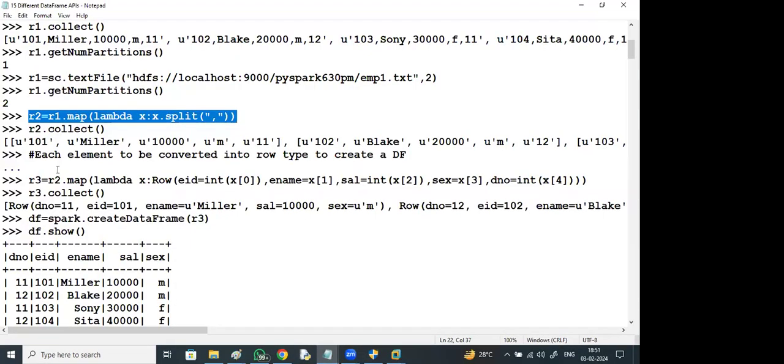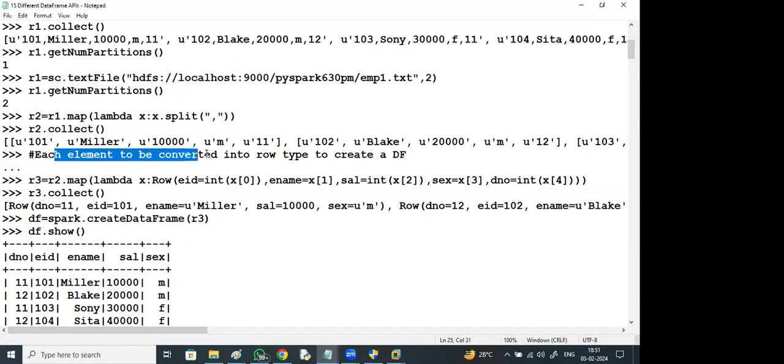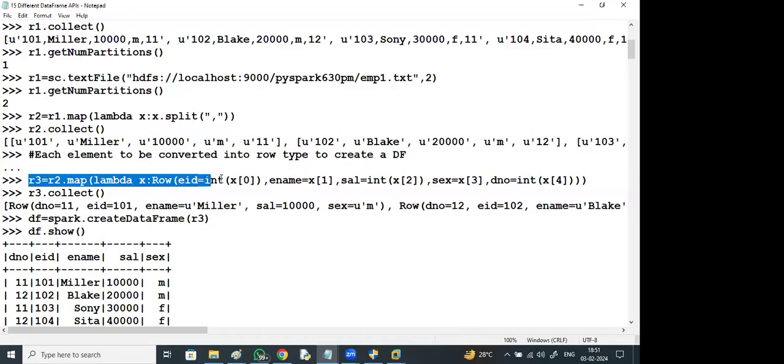After R2, each element is to be converted into row type to create a data frame, creating a row object.